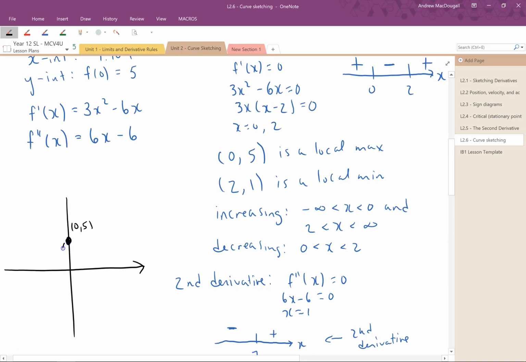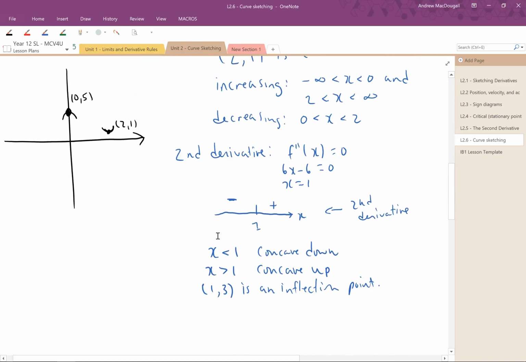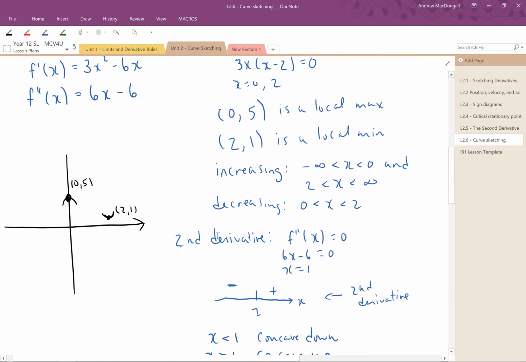So it's going to be a max. (2, 1) is somewhere over here, let's say. That's a local min, so it's going to kind of open up there. And we have an inflection point at, I believe it's (3, 2). Let's see. Or sorry, (1, 3). So (1, 3)